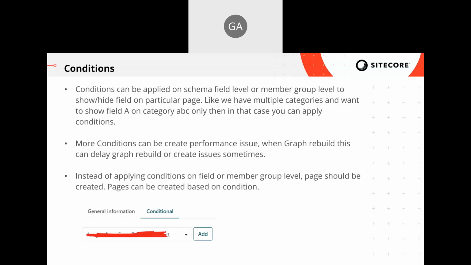And if you create more conditions on the schema side and field side, it will create some performance issues. It will create a problem in graph rebuild, and it can delay a few things. So it's not a good idea to put more and more conditions on the schema level and field level. Instead of applying the conditions on the field and member group, we can create pages. In pages, we can handle for what category we want to show this page,